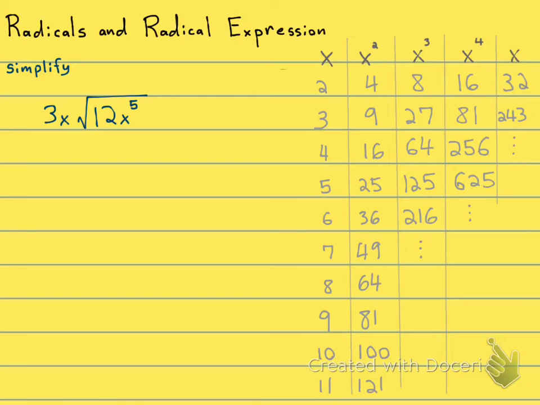Let's simplify this radical expression. You can see here I have something that's already on the outside, and then I'm going to see if I can simplify these things on the inside. I notice that I have a number and a variable, so I like to split those up. I'm going to call this the square root of 12 and the square root of x to the 5th. Okay, you can do that as long as they're multiplied and as long as there's no plus or minus in